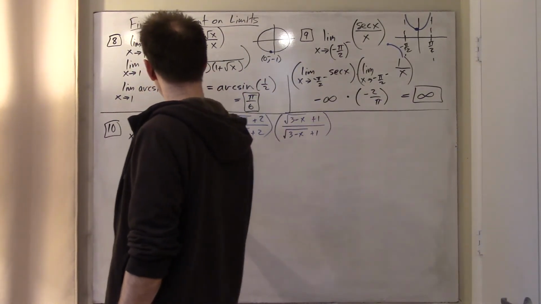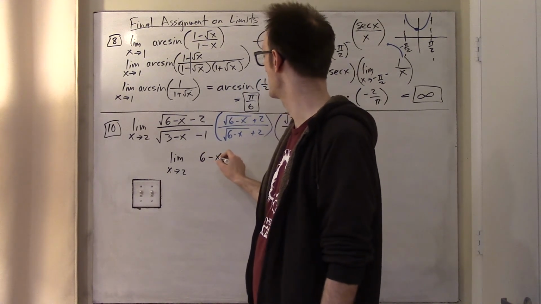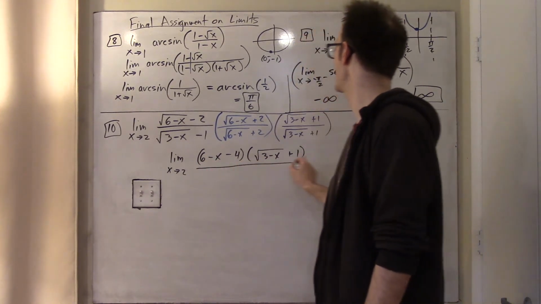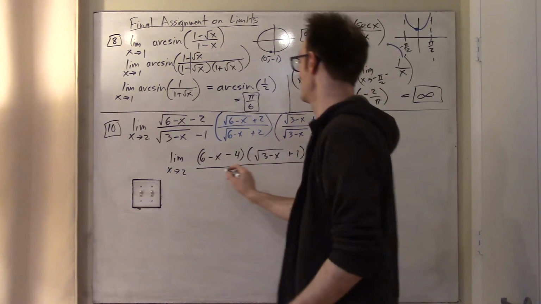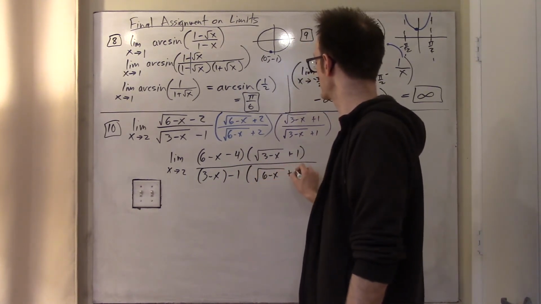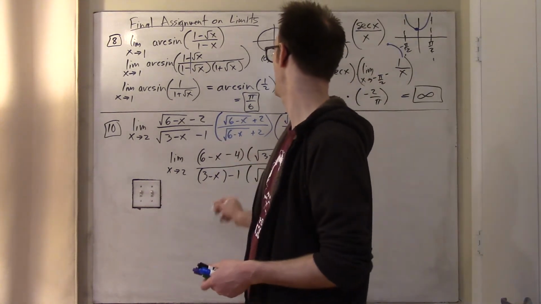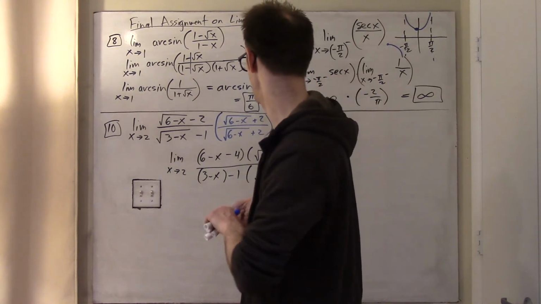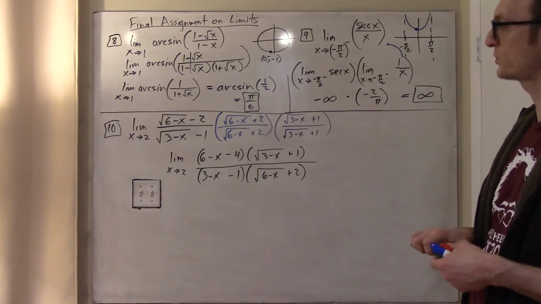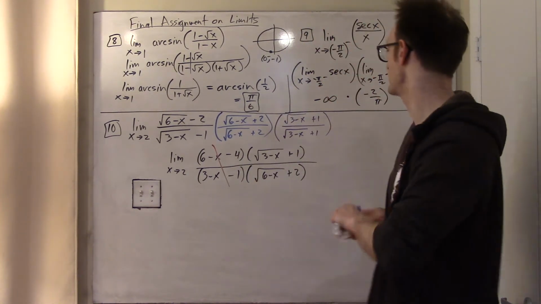What is going on? Well, on the top now, multiplying these through gives me 6 minus x minus 4, but then I leave this one, don't multiply it out. And then on the bottom, I'm going to multiply these two. And when I multiply these two, I get 3 minus x minus 1 times root 6 minus x plus 2. Okay, but these both turn out to be 4 minus x. And so these both cancel. I guess I should have another set of parentheses in here. Yeah, maybe I'll just do it like that. 6 minus x minus 1. Okay, yeah, those are both just 2 minus x, and so these cancel,